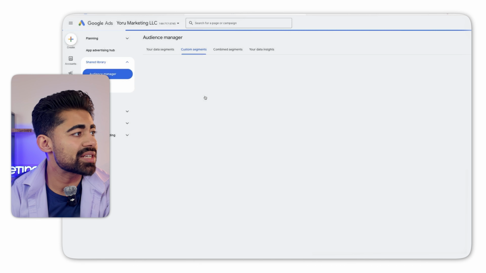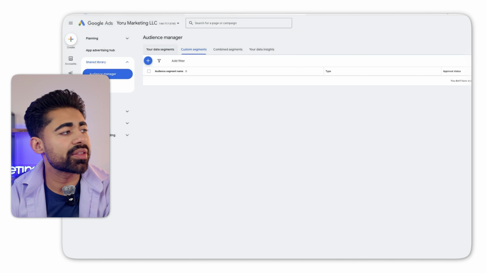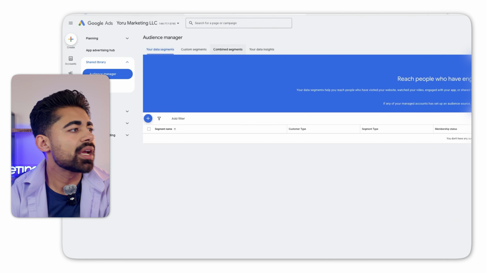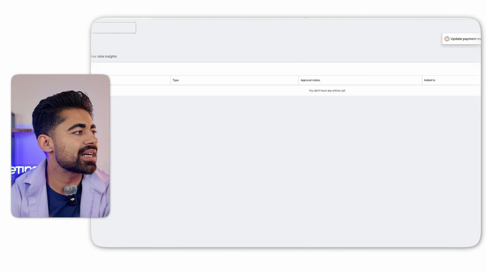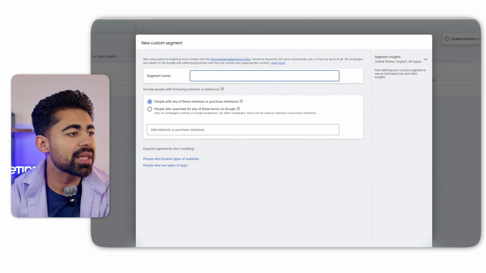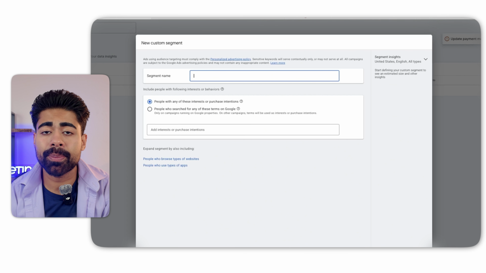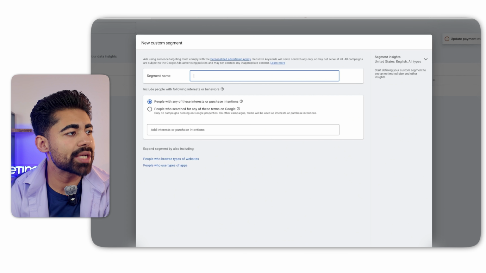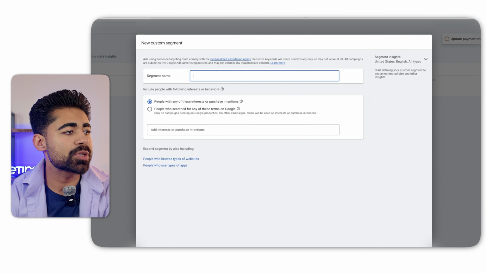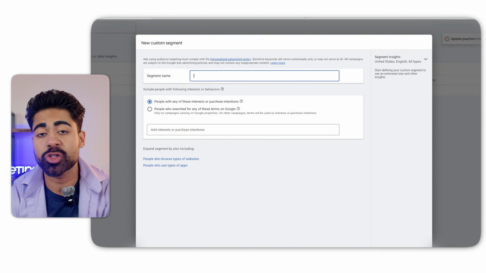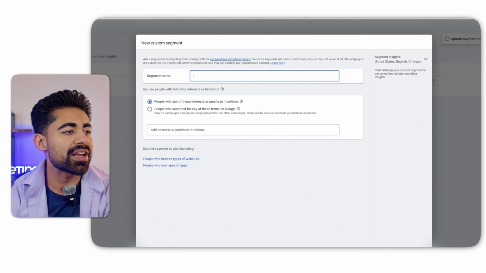You want to go on over to custom segments, and you can look at different things here, such as data segments that you have, combined segments, and so forth. But within custom segments, we actually have the ability to add an audience of people searching for certain keywords. So you can do this with the segments, the first option, which is people with any of these interests or purchase intentions, and the second one, which is our main goal here,